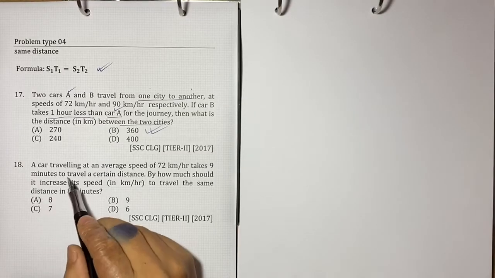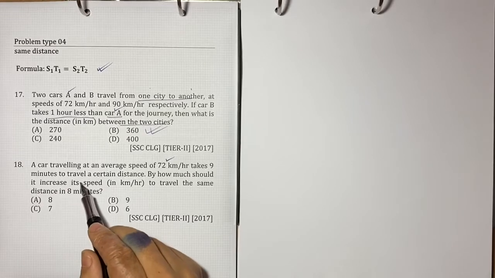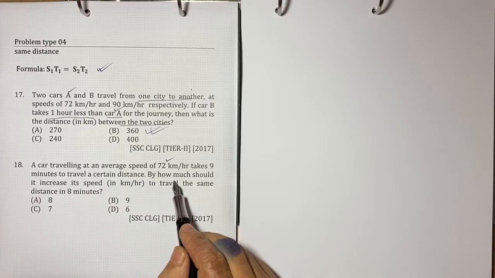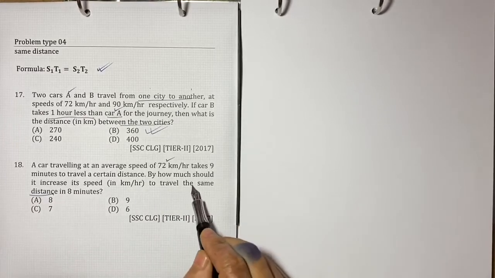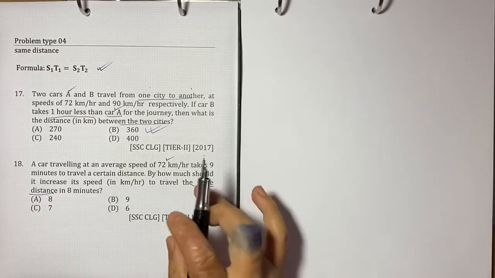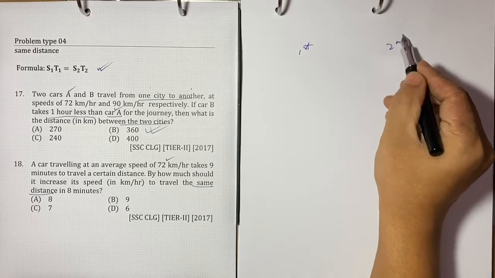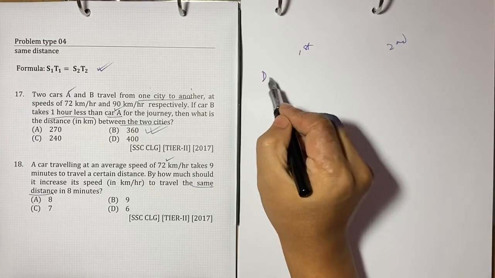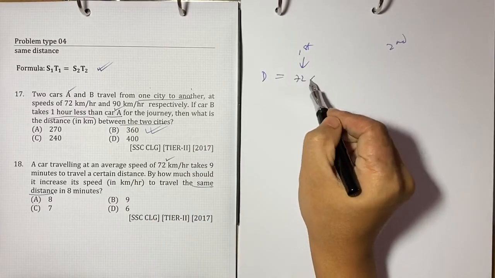A car traveling at an average speed of 72 km/h takes 9 minutes to travel a certain distance. By how much should it increase its speed to travel the same distance in 8 minutes? Same distance, first part and second part. Distance equals the first part: speed is 72, time is